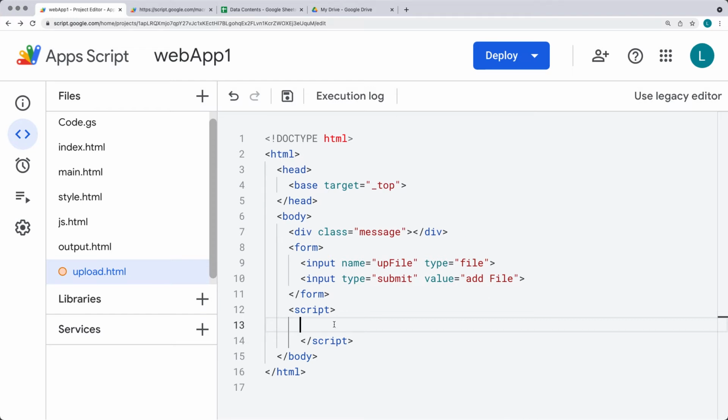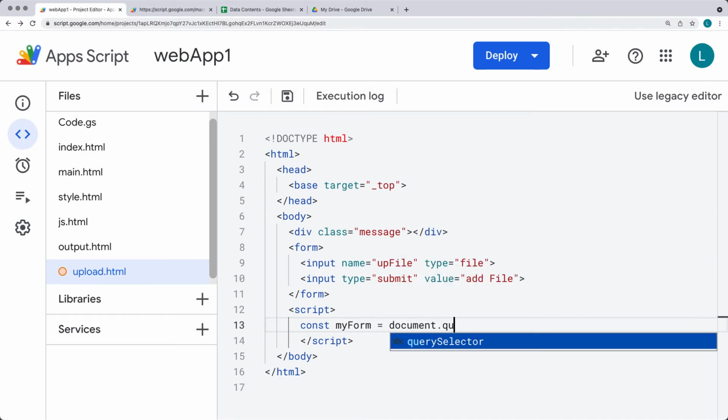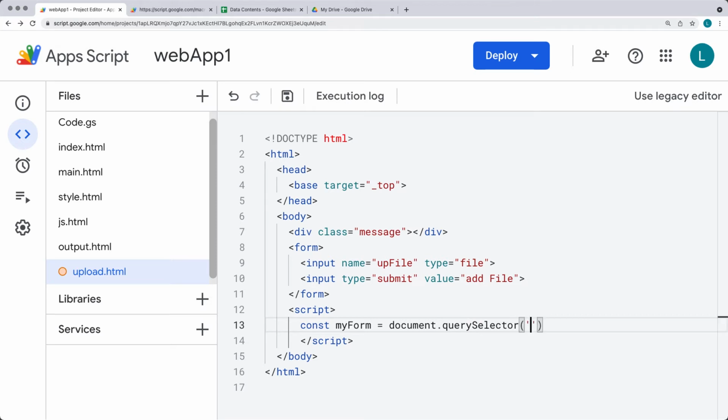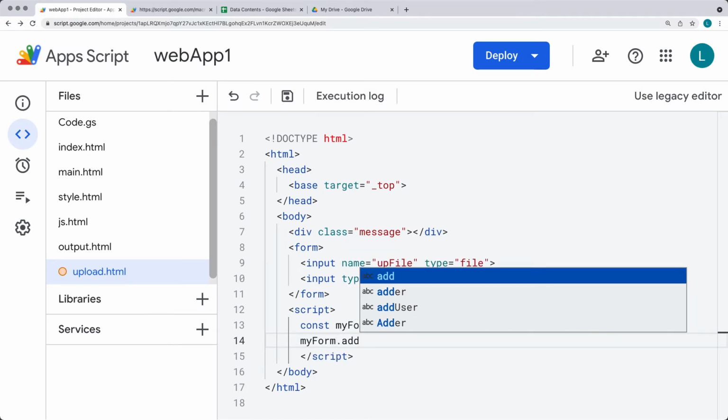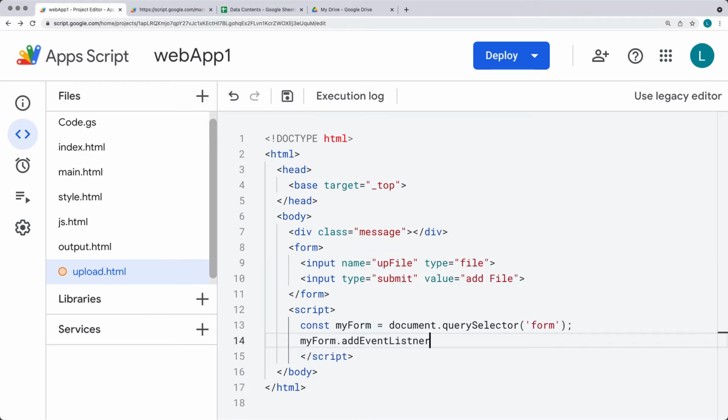So we want to upload the file with the submit button. So let's select the submit button, and I'll just call it my form. So using the document query selector, we'll select the form object. And for my form, we'll add an event listener. And the event that we're going to be listening for is going to be the submit of the form